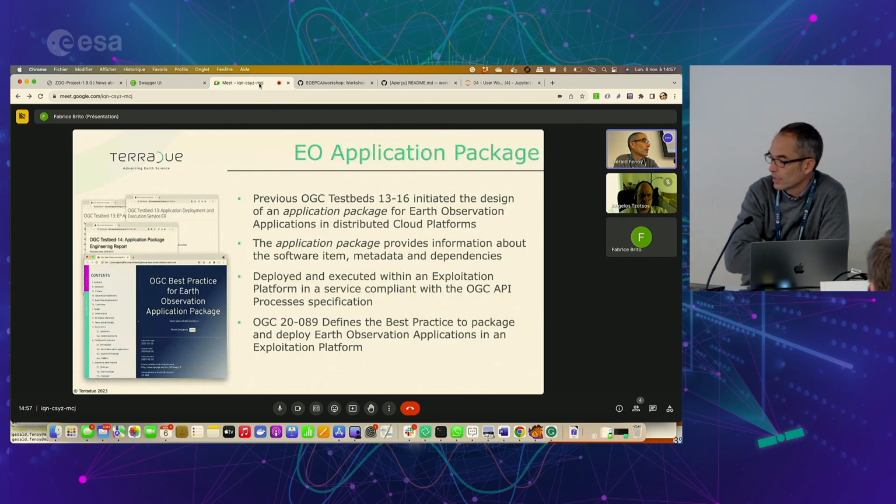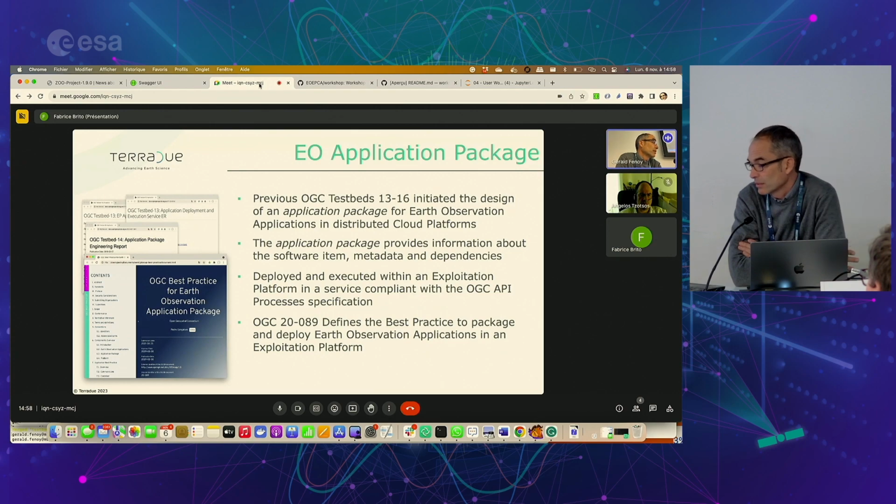So it's actually the result of a long thread of OGC testbeds and discussions between testbed 13 and 16. So during testbed 13, this is where the concept of the application package was born. In the end, it was a wrapper around a piece of code that you would deploy on a WPS endpoint. And so, yes, that was fine at the time, but we ended up reshuffling a bit the objectives